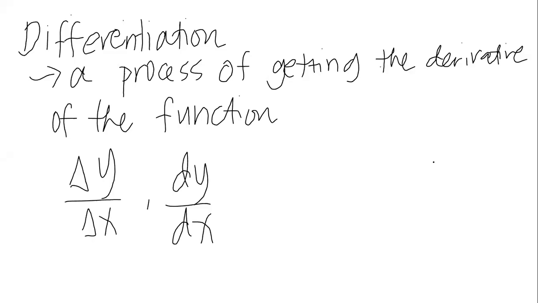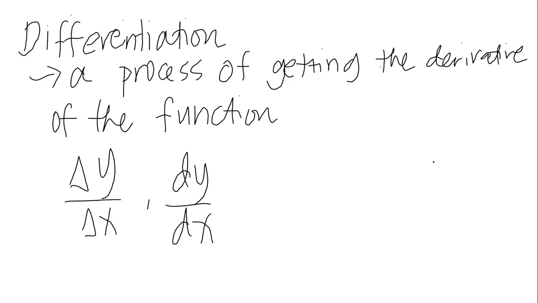Hello people, this time we will discuss all about the differentiation process of algebraic functions. Last time we discussed the differentiation process using the definition of limit. Let's define what the differentiation process is: it is a process of getting the derivative of the function. Last time we also discussed delta y over delta x and the notation like dy over dx. This time, we will discuss the 8 properties of